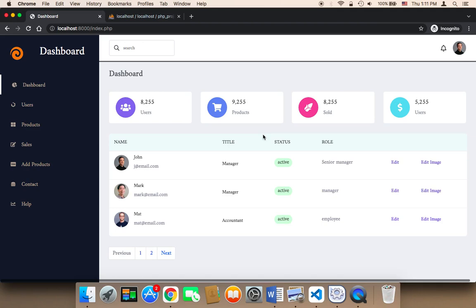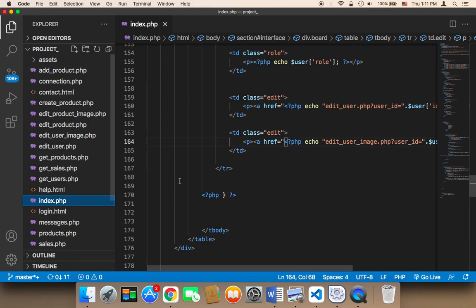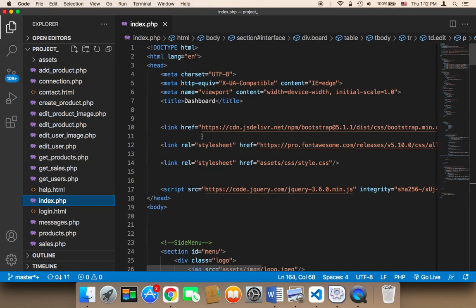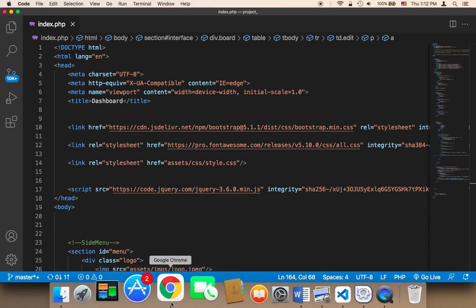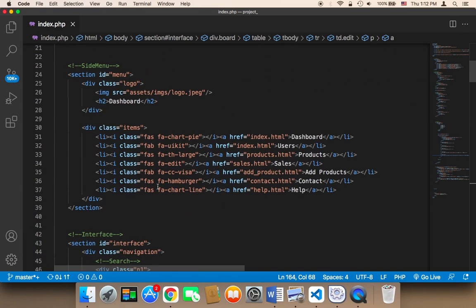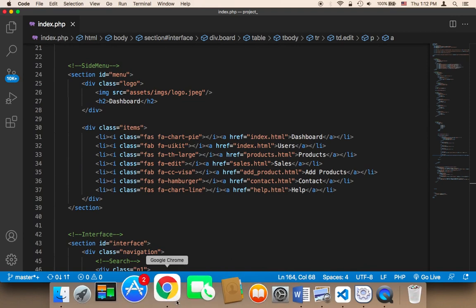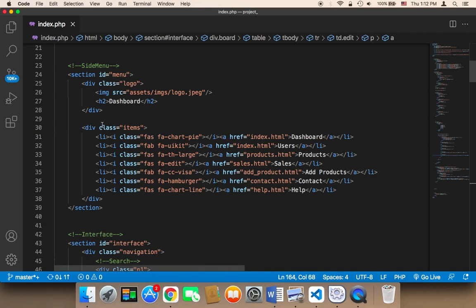Welcome back. Now what we need to do is reorganize our template because, as you can see, there is a lot of code that's being repeated over and over again, and this is not good practice. To fix this issue we can refactor the code. If you noticed the upper part, it has been repeated so many times, in almost all pages. Also this navigation, this side menu, has been repeated. This part has been repeated. So we can refactor the code and add all of these in different